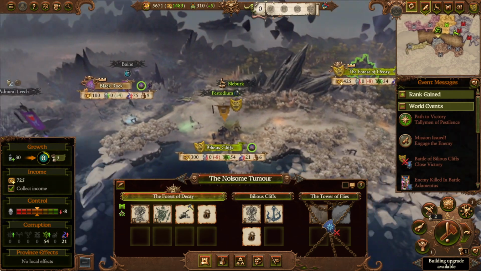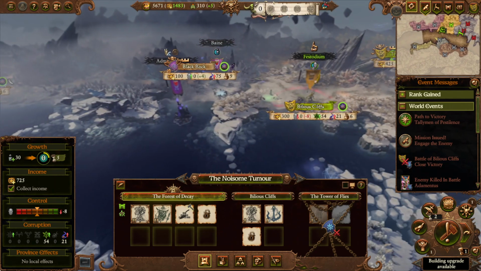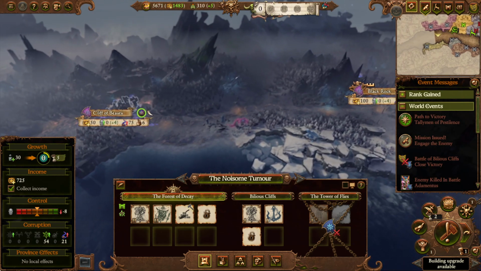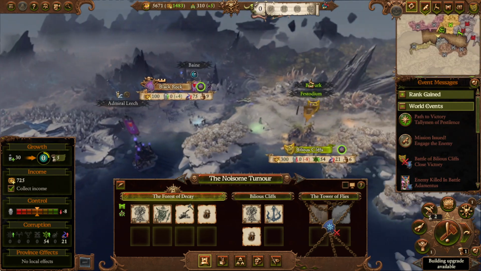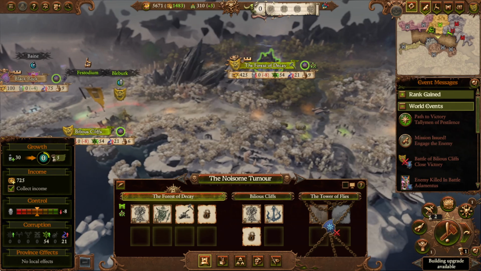You're not going to have that many battles right at the start. You're going to have this one. You're going to have like 4 battles, and then it's going to be a little while to get over to Cliff of Beasts, and you've got to fight them. It's like the Admiral each battle as well. Okay, so